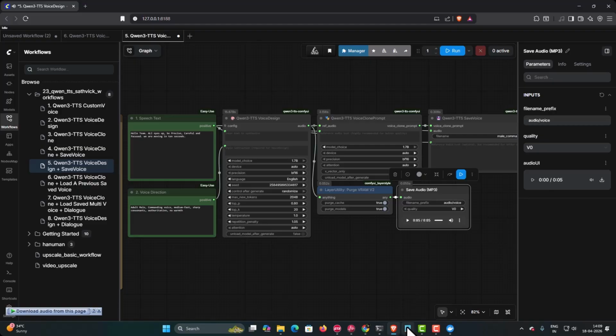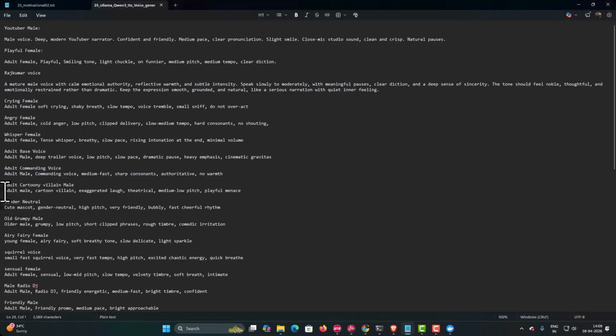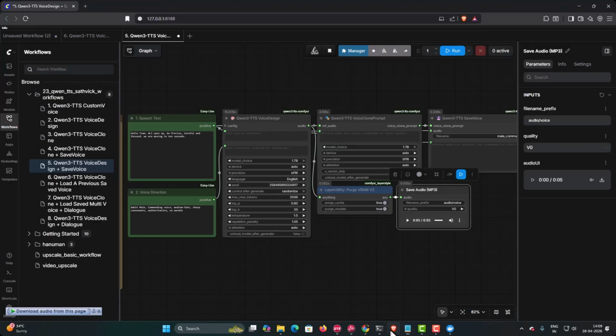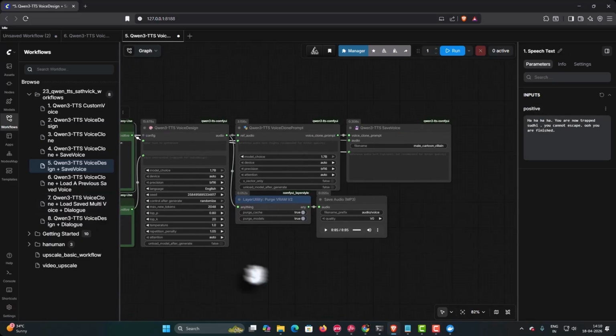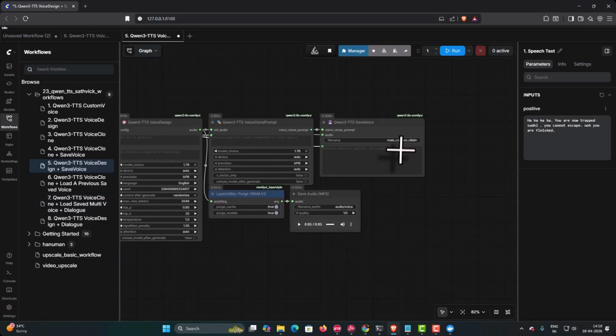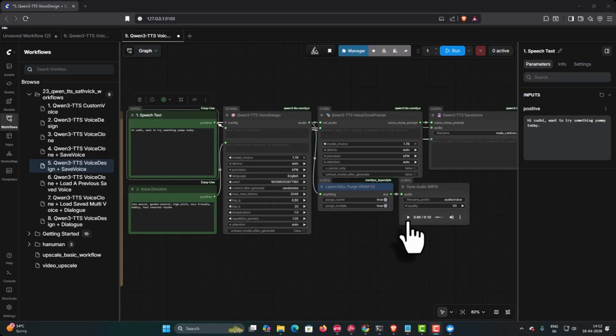See the mood? I will come back to the prompt. I want a cartoon villain. So I will select this prompt, come back to ComfyUI and I am going to paste this. Attaching the speech text here, I will give it the name as male cartoon villain and if I run it. Now if I play this audio,